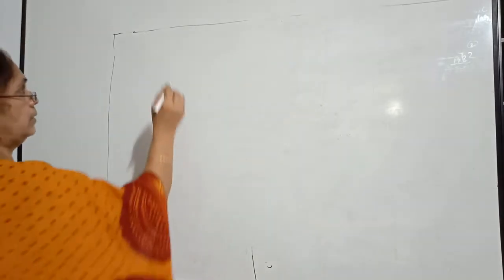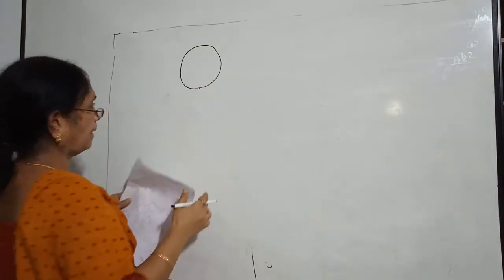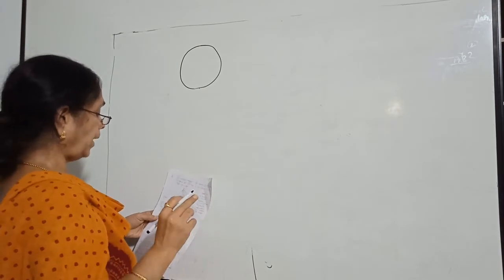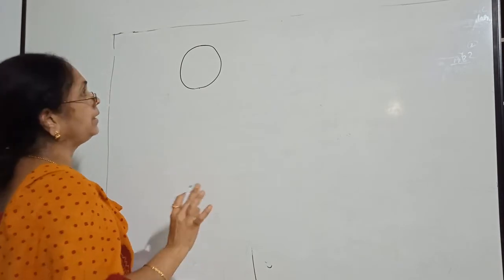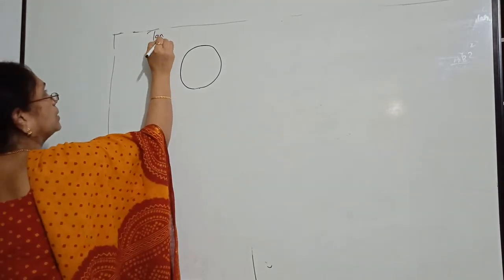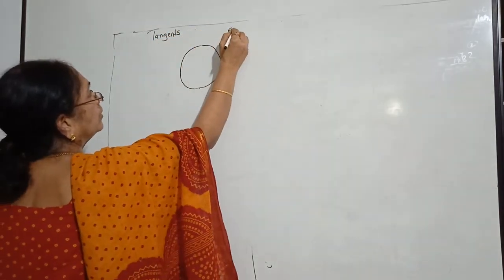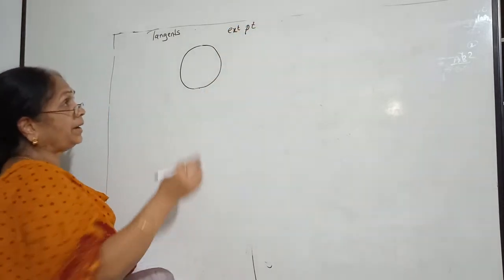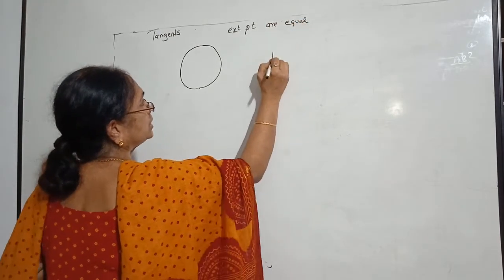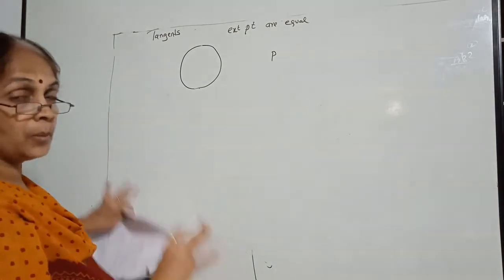Now there is one circle. I didn't tell you the statement, right? The statement is: tangents drawn to a circle from external points are equal. They have reduced the theorem, very simple. Tangents drawn from what? From external points are equal. You can take a textbook and see. This is easy, so I am not writing it. The previous two were confusing, so I focused on how to remember the diagrams.